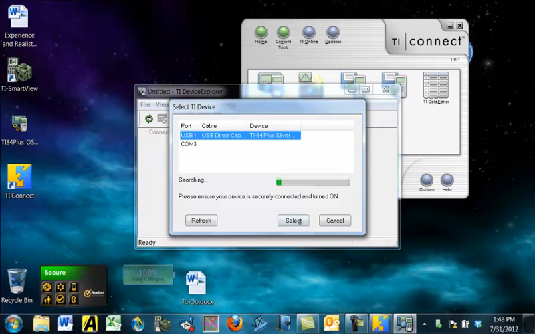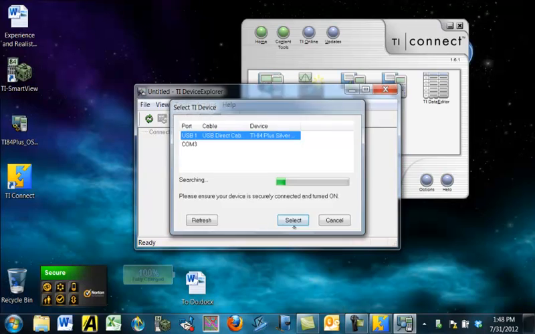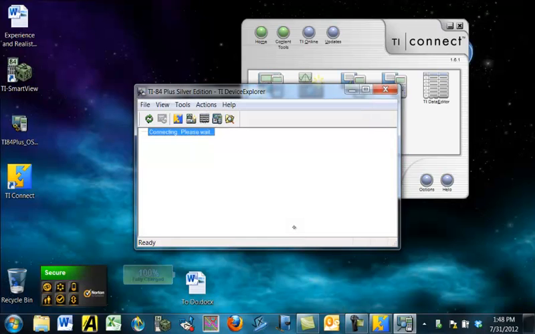Alright, there it goes. It's the first place it looked. That's the calculator that I have connected. I have a TI84 Plus Silver Edition. And so if I press connect to that, it will come into the calculator, connect up to this particular calculator,